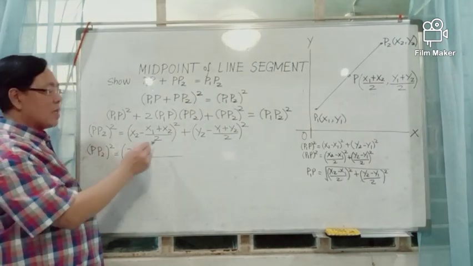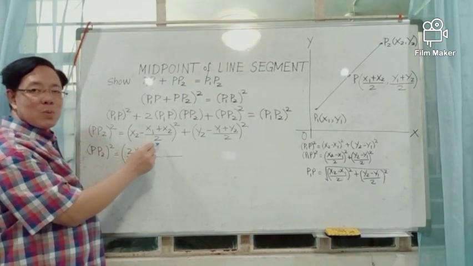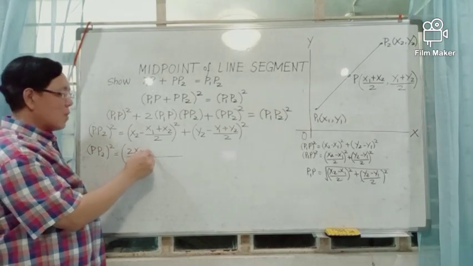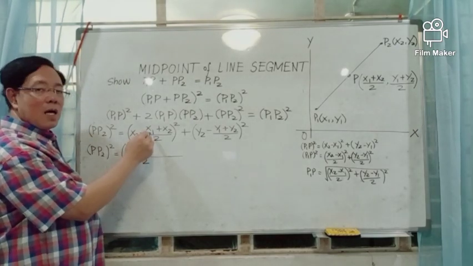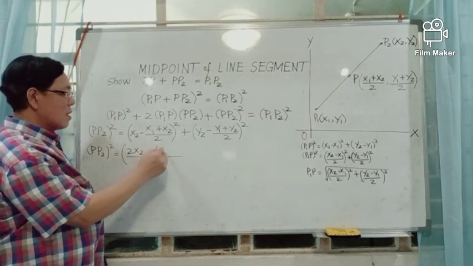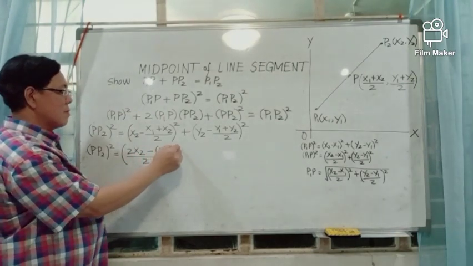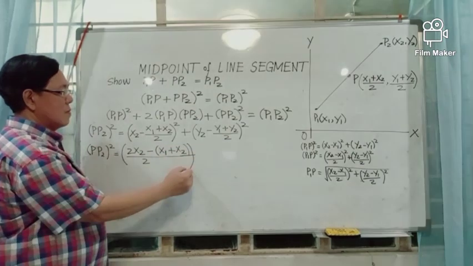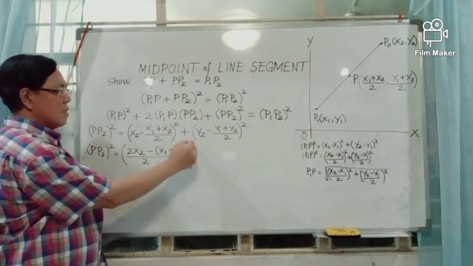And 2 divided by the denominator of the second term, which is 2, is 1, times negative. It's actually negative times x1 plus x2, squared,